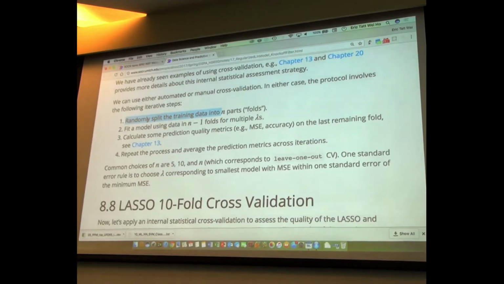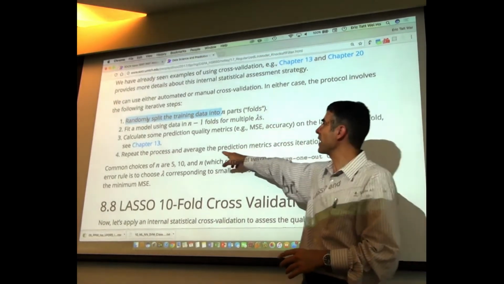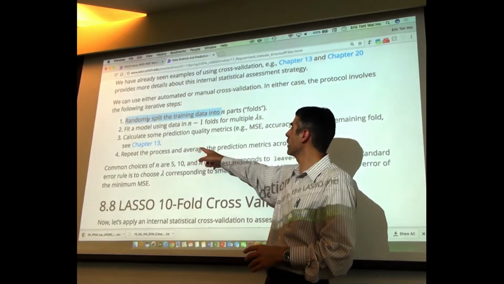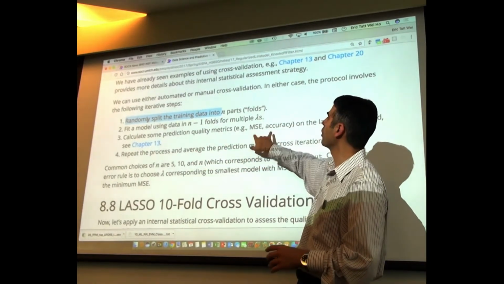Because remember, if you have 10 subjects and you use 10-fold cross-validation, the first time this subject is going to be the one that you test on, and all the other times they're going to be the ones that you train on. So repeating the process multiple times and averaging, this is very important, the prediction results,